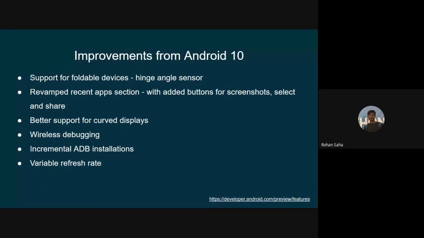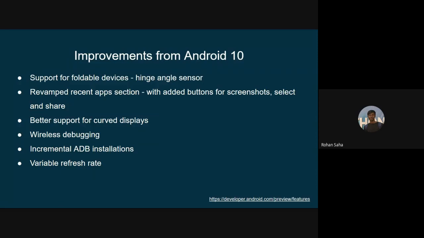And some of the newer phones have very high screen refresh rates. For example, I think one of the Asus phones has a 90 hertz or 120 hertz refresh rate. So in Android 11, you can set the refresh rate for different applications. For example, if you are developing a video playing application, and the video is 60 frames per second, you can set the refresh rate for that specific application at 60 hertz, regardless of the default